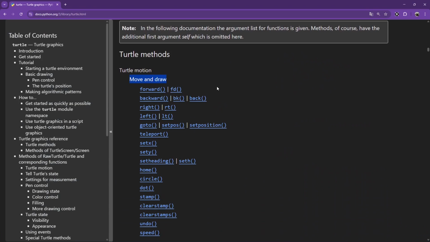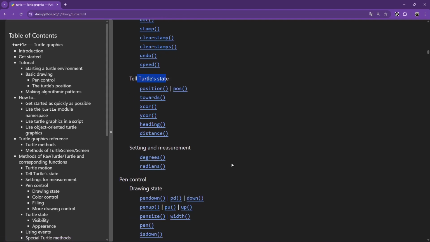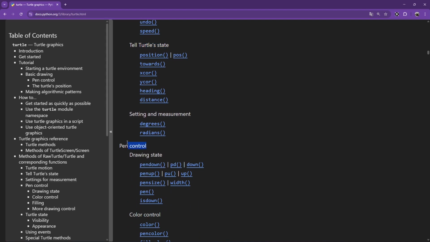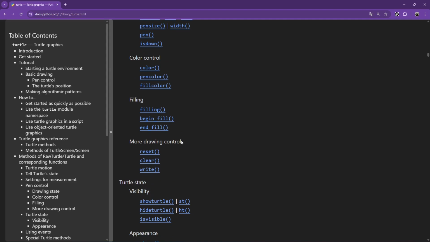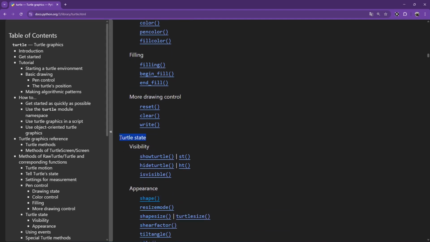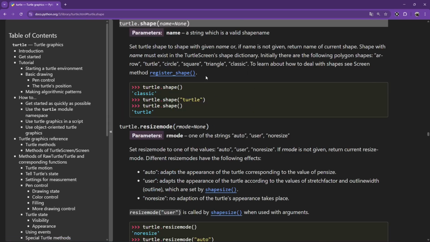So we have here some sections like move and draw, but I would like to change the arrow to the turtle, so it wouldn't be move and draw, correct? Turtle state, position, towards, heading, distance, nothing good for us. Pen control, drawing state, color control, filling, more drawing control. Okay. Oh, turtle state, it sounds good. Turtle state, so visibility, okay. Oh, here is something, appearance. Okay, so how it looks, appearance, and here is shape. So maybe the shape is the option, so I will click on it. You go down in the documentation and we are here,